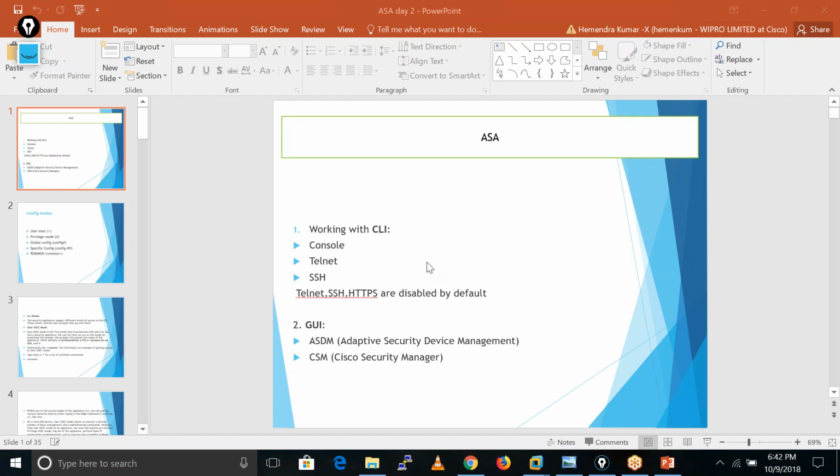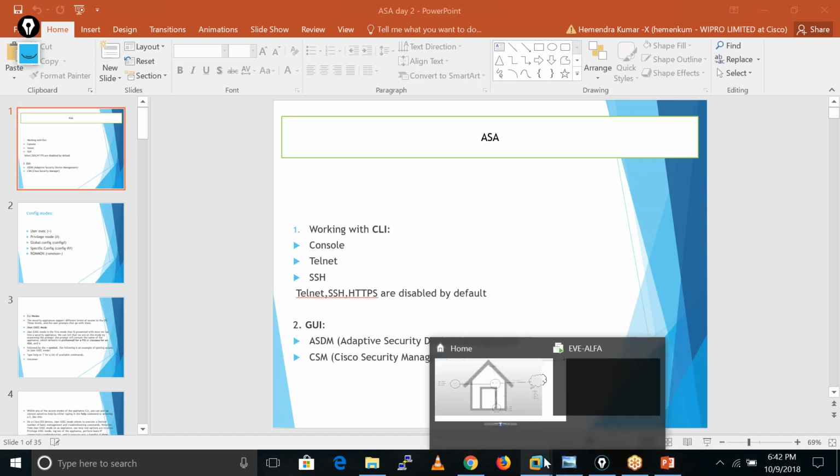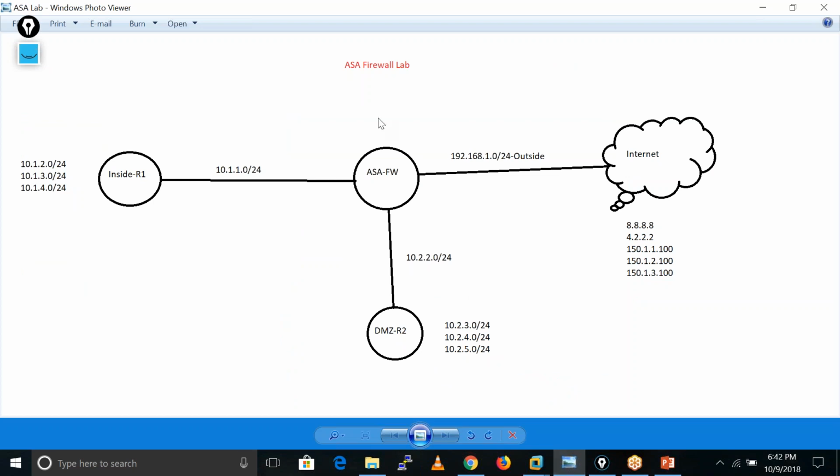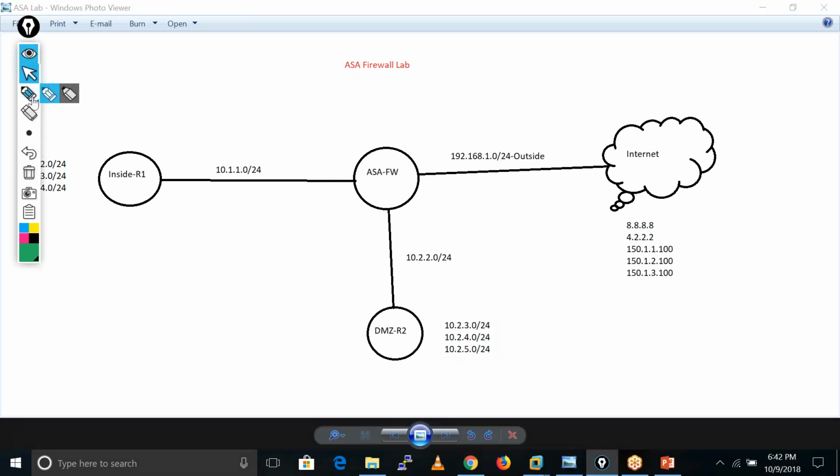So what happens in console? Like this is my ASA firewall, and that firewall has a dedicated console port. Always it has one dedicated console port. So let's suppose this is a console port, let me write the name.